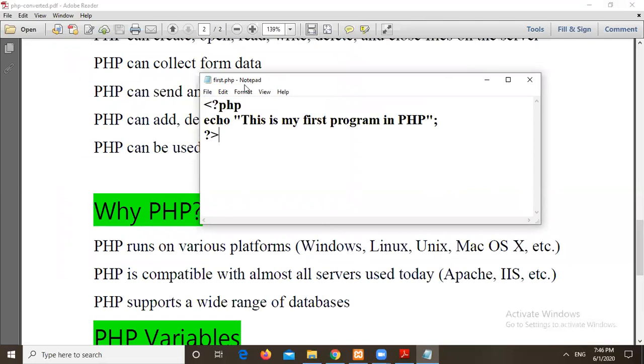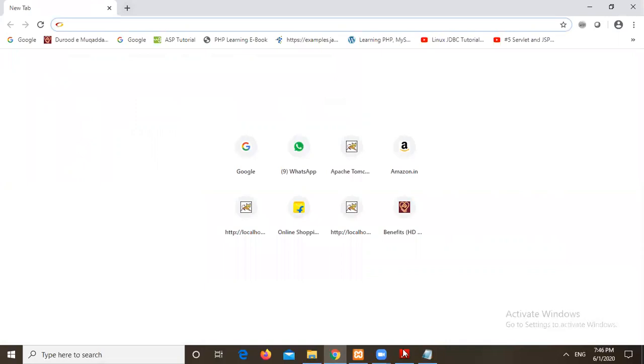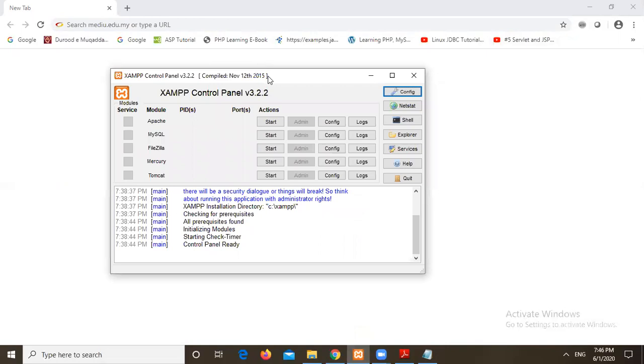So I have saved this program as first.php. I cannot run this program simply by double clicking or with the help of a browser. So what do I need to do here? I should start some local server, then only our PHP code will be executed.